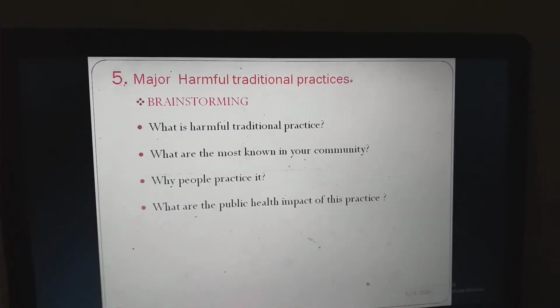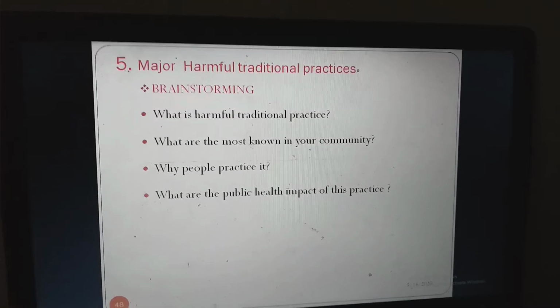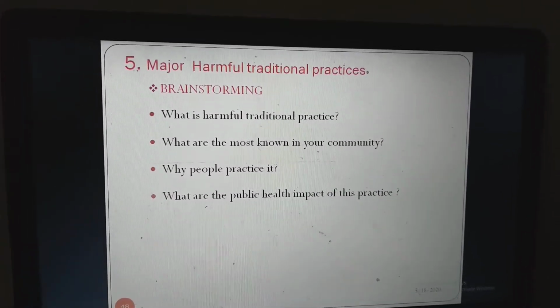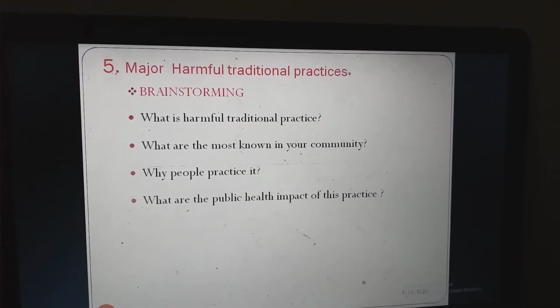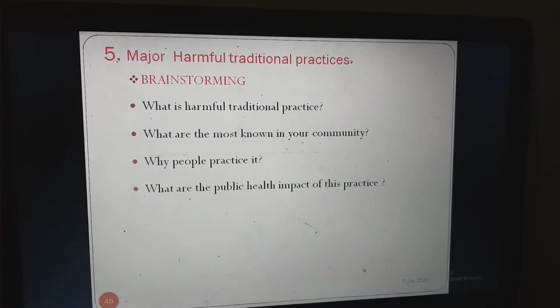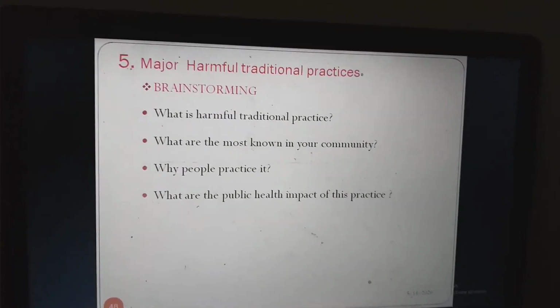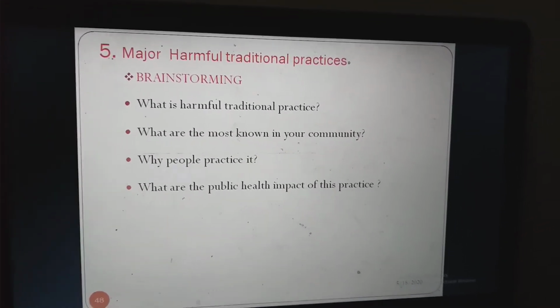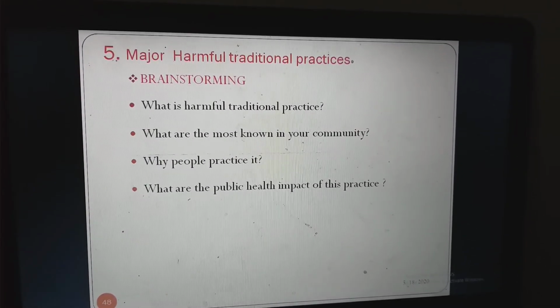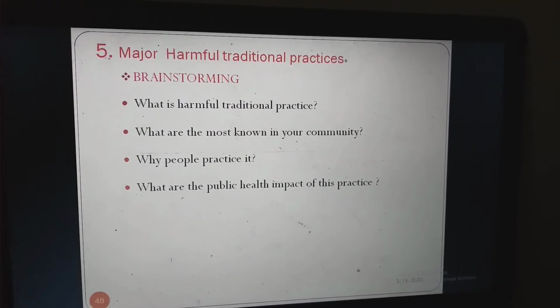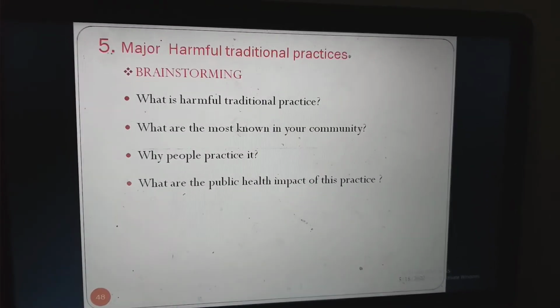From today, don't forget, we have seen alcohol and drugs. What are the consequences of this? How can we classify them? What are the most common drugs worldwide? Like we have said, tobacco, marijuana or hashish, cigarette smoking. These are the most common. How can we treat them? What are the controlling systems? What are the 3 C's? What are primary prevention, secondary prevention, and tertiary prevention? So don't forget this.